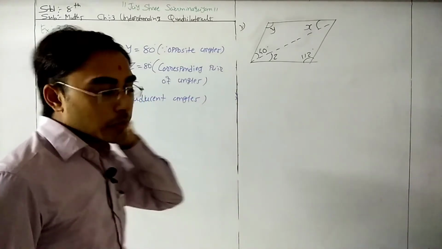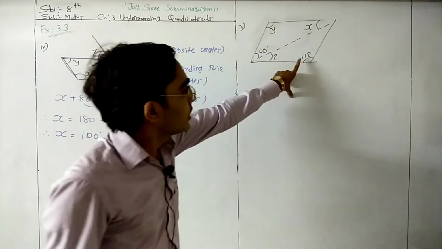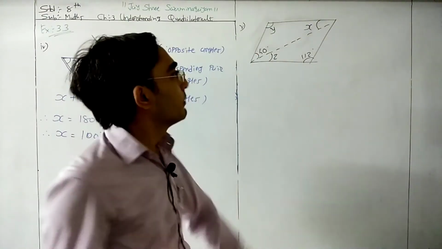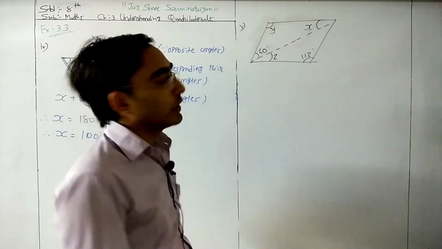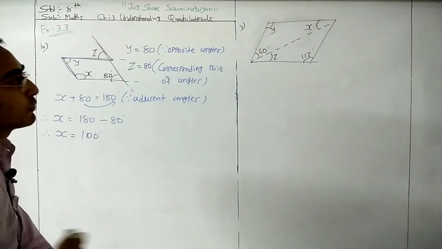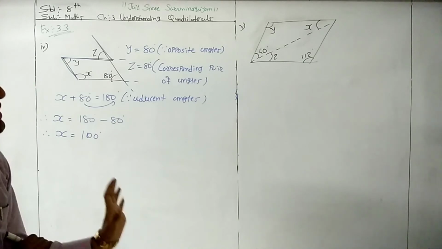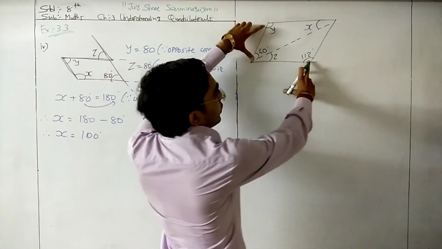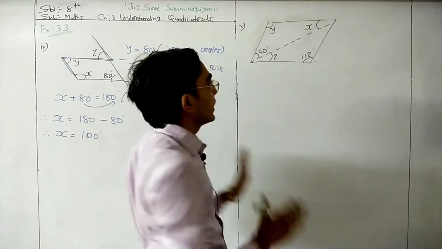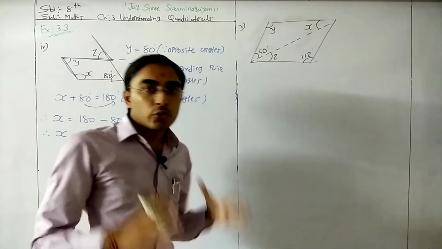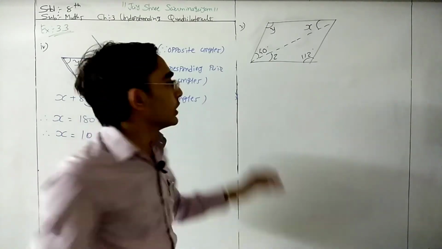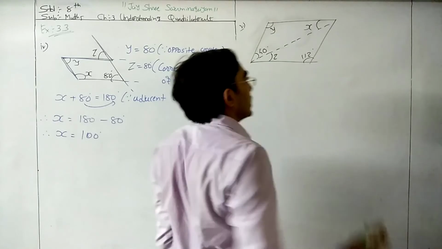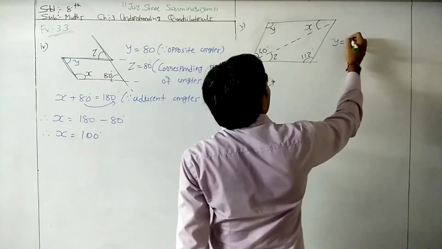Okay, then question number 5. Here we have two angles. This one 112, here 40 degree. We need to find the value of x, y and z. Okay, so first of all, directly we can find the value of y because y and 112 both are opposite angles, right? And this is one parallelogram, so opposite angles are equal. So y is equal to 112 because opposite angles are equal. So directly we can write y is equal to 112